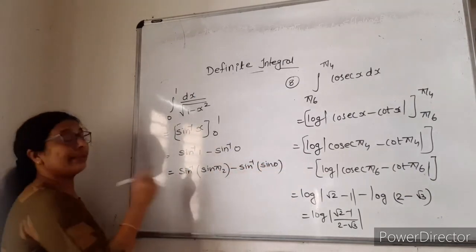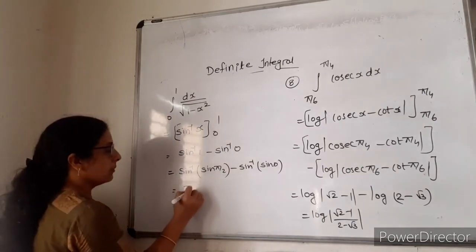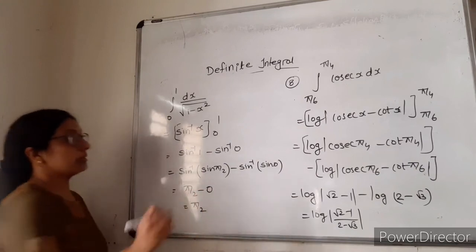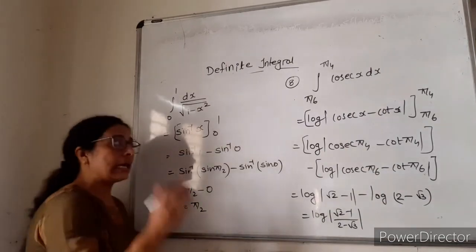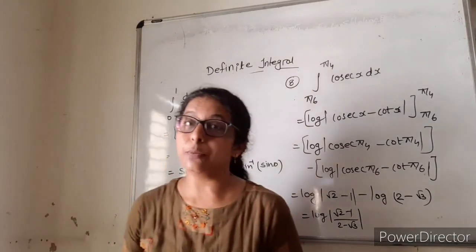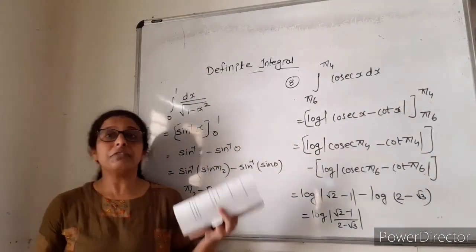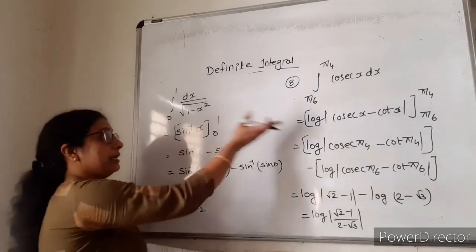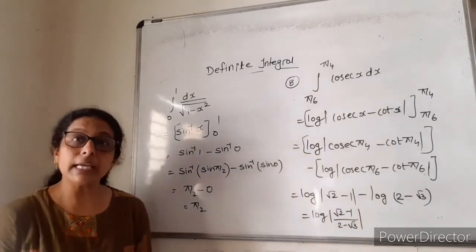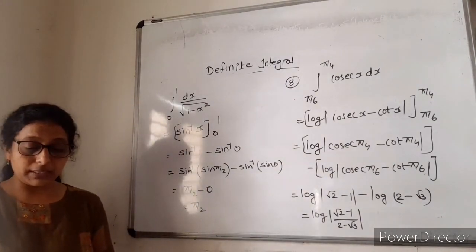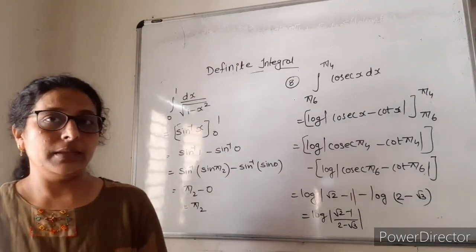is sine 0. You can also write the direct value, sine inverse 1 is pi by 2. So that is pi by 2 minus 0. So the answer will be pi by 2. Understood everyone? Yes. So you just find the integration and apply the limit, nothing else in the definite integral. We all know all the methods of the definite integral, right? Because we have done this in the indefinite integral. So question number 9 we have done. Now from question number 10 to 20, you have to try it. If it is not